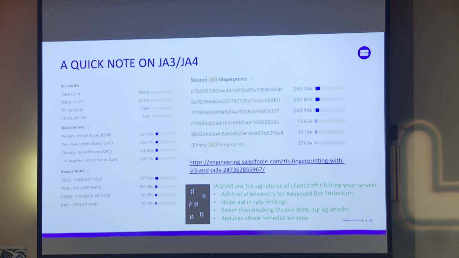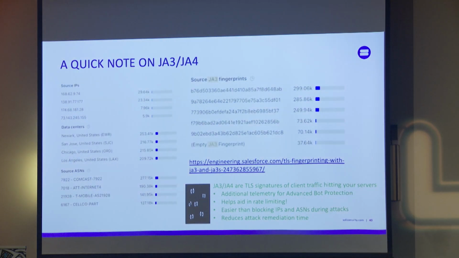So a quick note on JA3 and JA4. This is revolutionary. Who knows what JA3 and JA4 is? Oh, man, I wish everyone knew, and now you're gonna know, right? So it's a TLS signature of the clients hitting your website. It's basically a hash of the TLS. So what that gives you, most threat actors are gonna have commonalities in their infrastructure. They're gonna have the same types of software they're deploying to all this threat actor stuff and zombies they've got across the globe. And it'll have the same JA3 or JA4 signature.